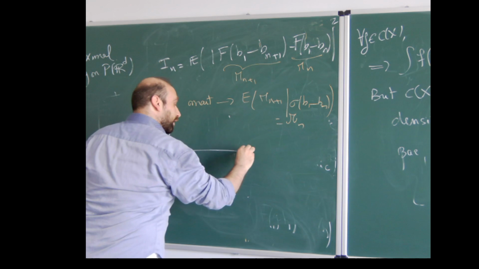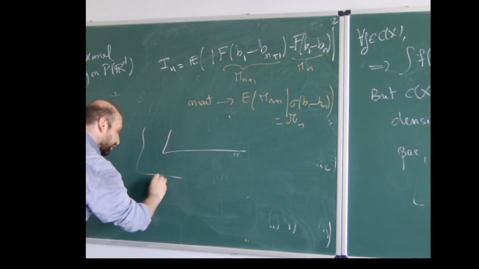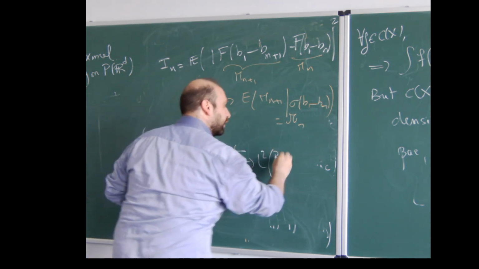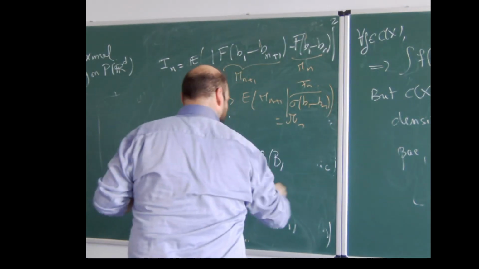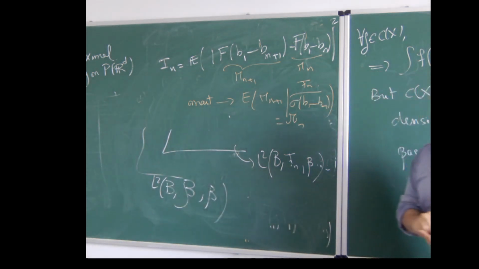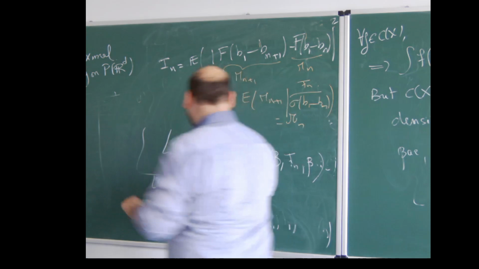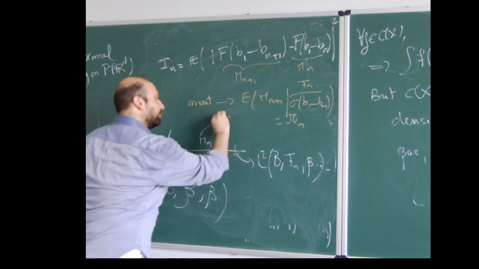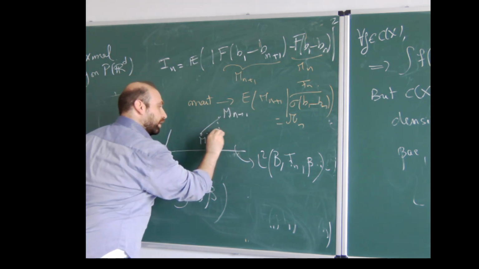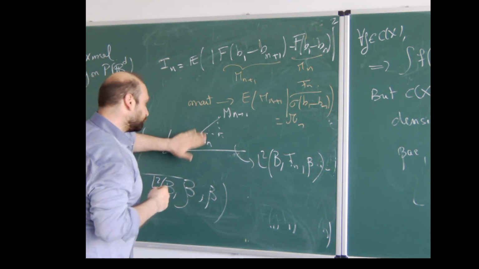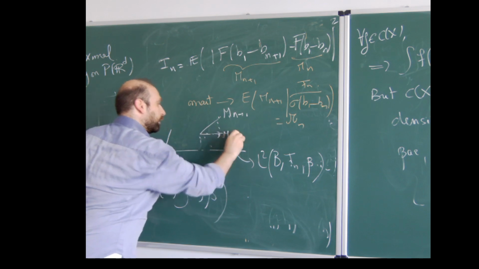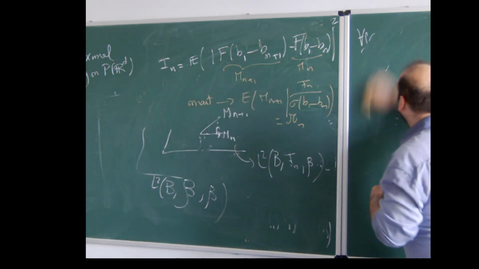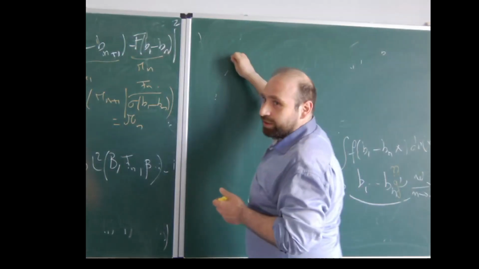So I'm working in L2 of B, sigma algebra beta. This is the subspace L2 of B, Fn, beta. Mn is measurable, belongs to here. Mn depends on n. So my Mn, the random variable, I see it now as a vector in L2. For Mn plus 1, I know that its conditional expectation with respect to this sigma algebra is actually Mn. Hence, Pythagoras, expectation